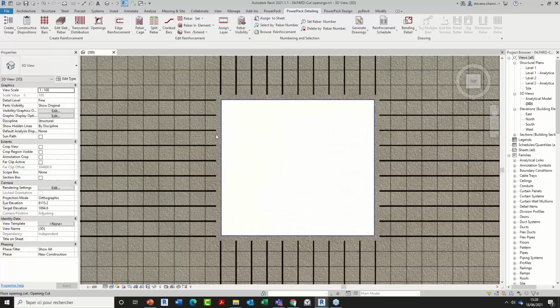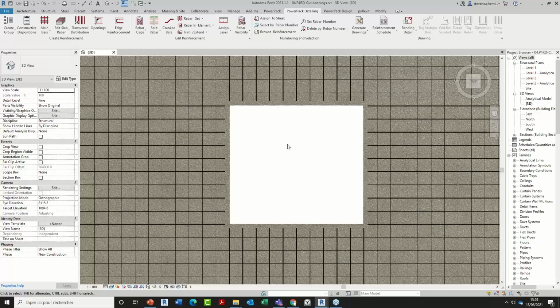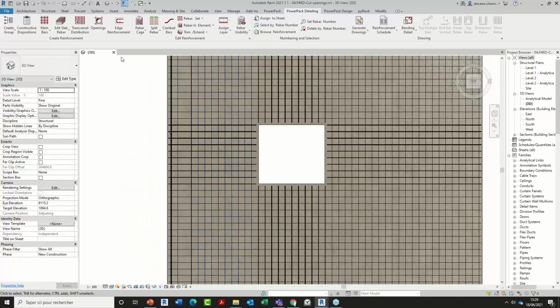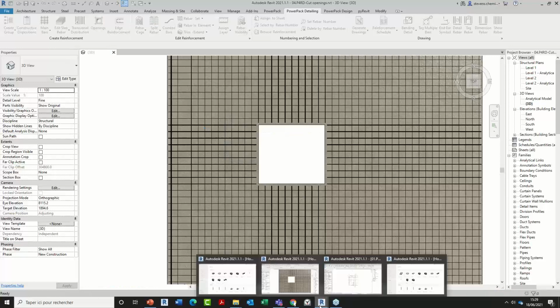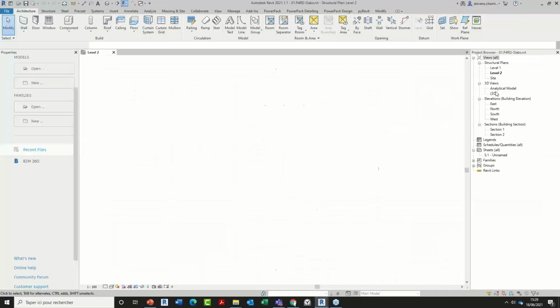And that's it. We have those two results split and adjusted at the same time with this offset placed in the model. So it's also an additional improvement on our cut openings command.